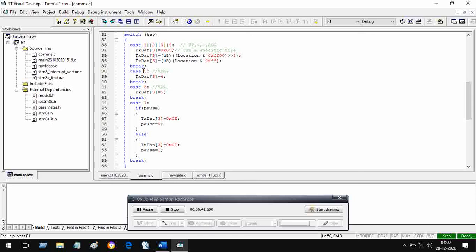Then it will break, which means end, and exit, come to this last point. Okay, break means you go to the last point. Last point means end of the switch statement. So after every statement you have to write break. And what is to be done is decided by the case statement. Case followed by blank, and then the value of the variable followed by colon. This is what is required, and then the action that you have to take, and then the break.